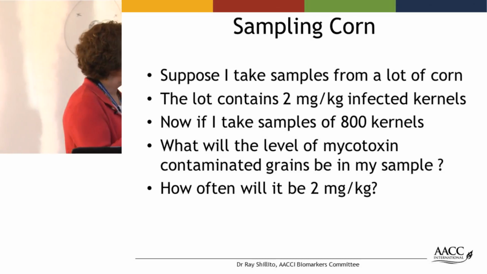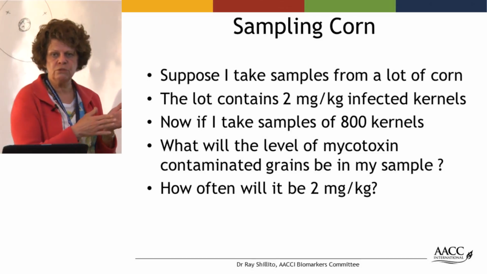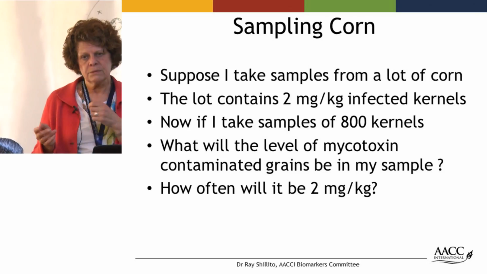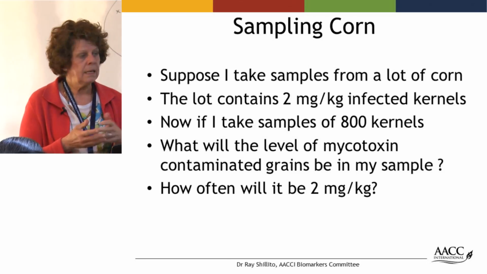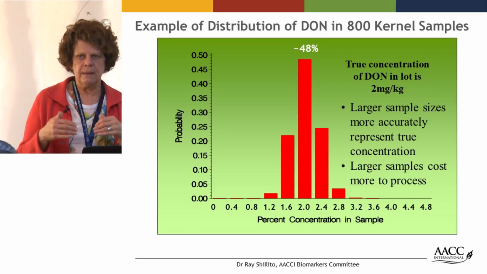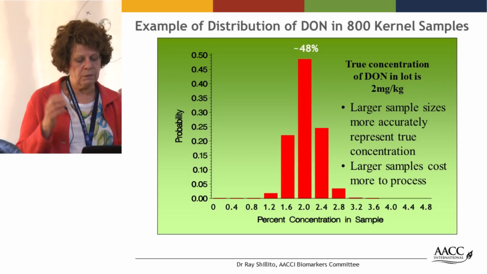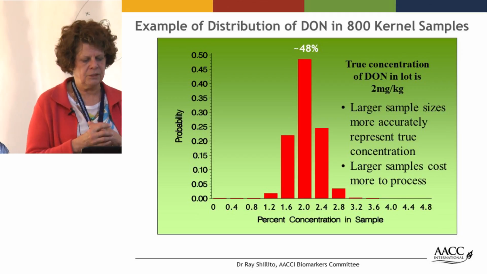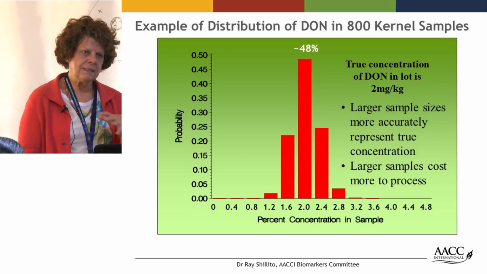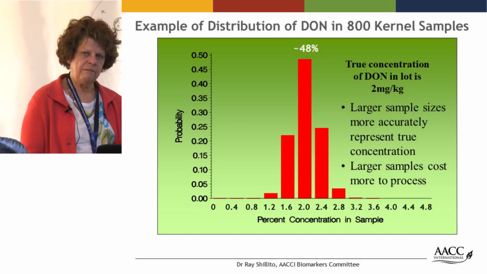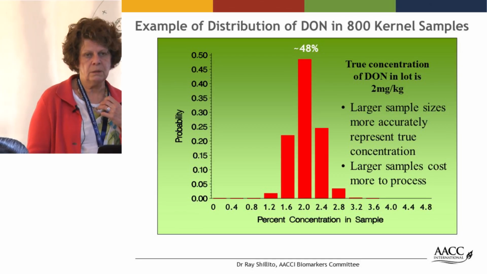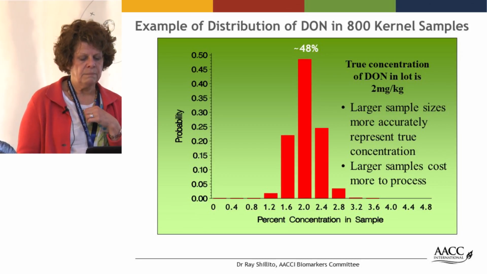You probably would be much happier knowing that you're getting the true value, or closer to the value, about 50% of the time rather than just 20% of the time. And this is the type of theory that sits behind the sampling plans that have been developed. I don't pretend to be a statistician, but it's important that we understand that these plans have been carefully designed. And this is a problem when you've got low levels like mycotoxins,